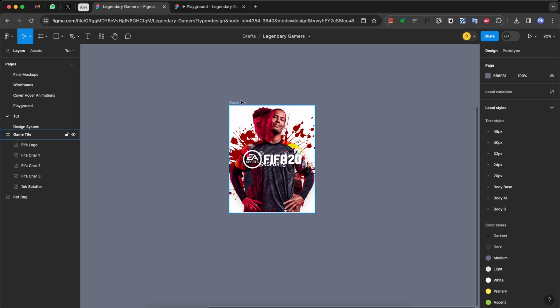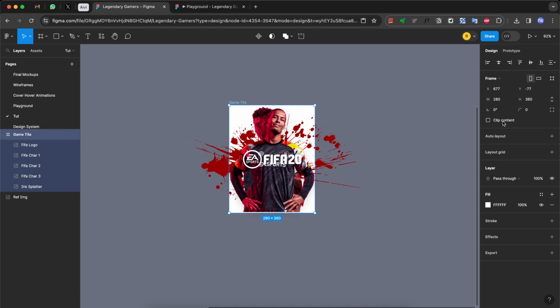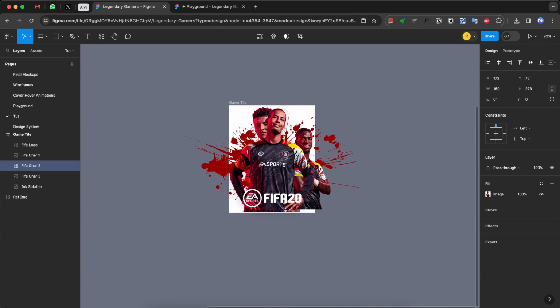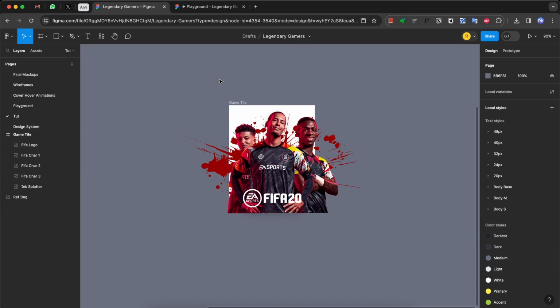So before doing anything, let's turn off the clip content from our parent frame. Here we'll place our logo. And let's resize these two characters. So once you are happy with the placement, let's start to look around what are the elements which we want to show, which should grow out of our parent frame and which should remain inside the limits of our